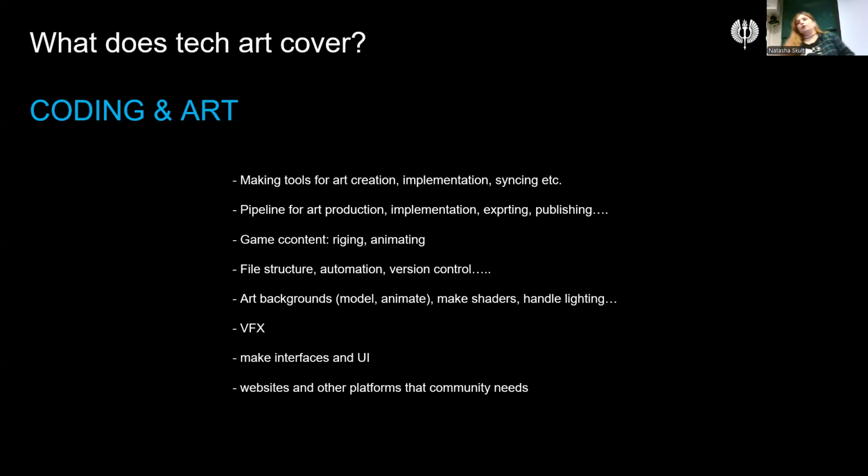Now, one could say that certain engines do that, like Unity, for example, for game deving, but it's not always ideal, of course, and that's why we usually tweak and customize things based on what we need to do in our products within the engines that we use, or if we have our own custom engine in the house, then it's even more important to have your own customized tools.